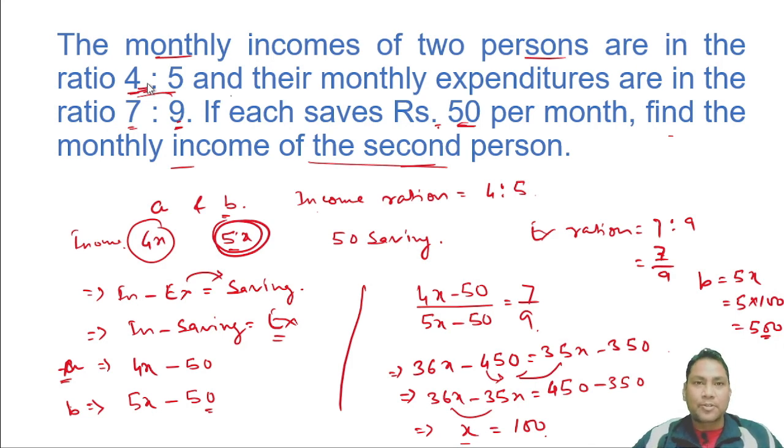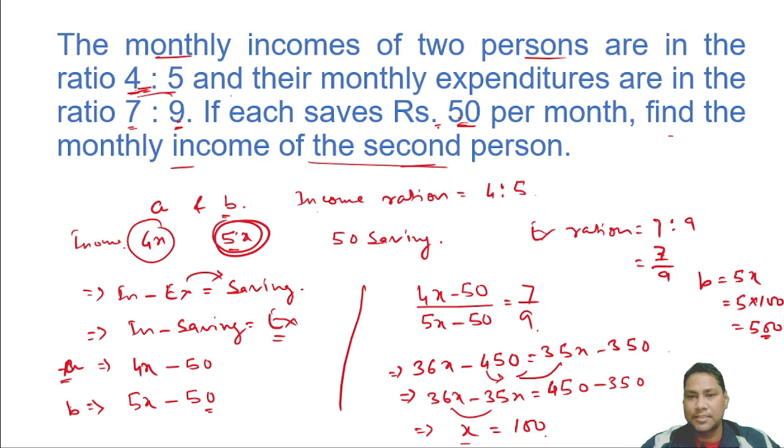Friends, this type of question is also asked in the age section. They ask problems like: the present ages are in the ratio 4:5, after 50 years their age ratio will become 7:9. Then they will also ask what was the age of the first man before, or what will be the age of the second man after 50 years. Next we will solve one more question and we will wind up.